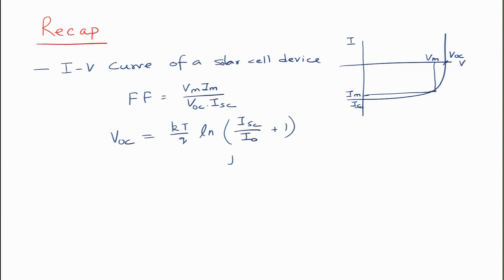You can also write this as JSC divided by J naught, because areas will cancel each other. So, this is okay. And then we looked at the efficiency, that is power conversion efficiency, which is Im Vm